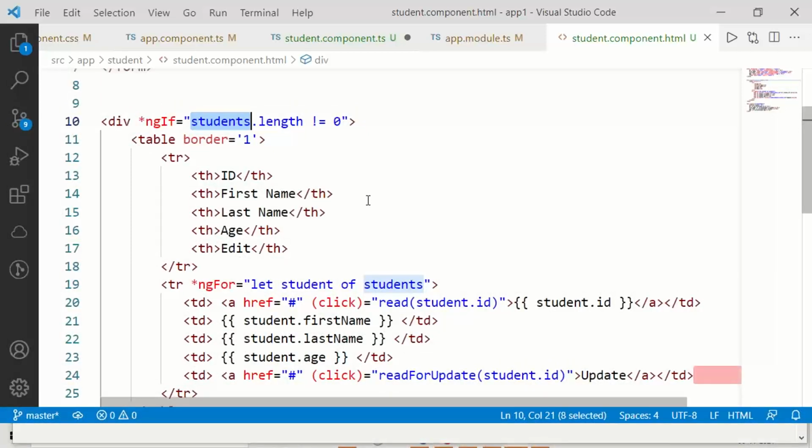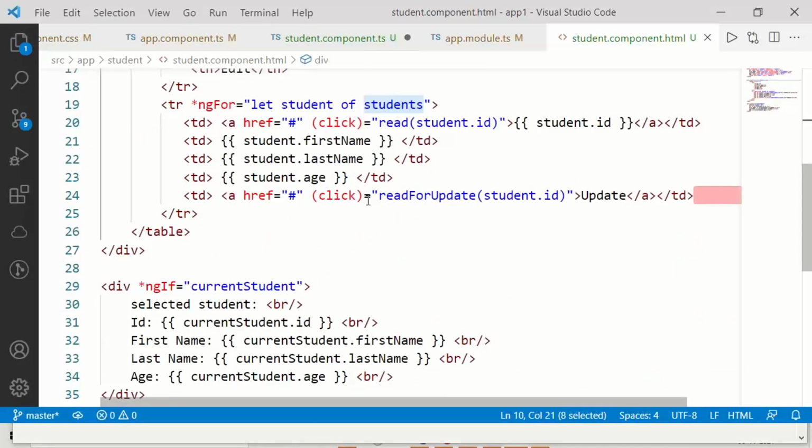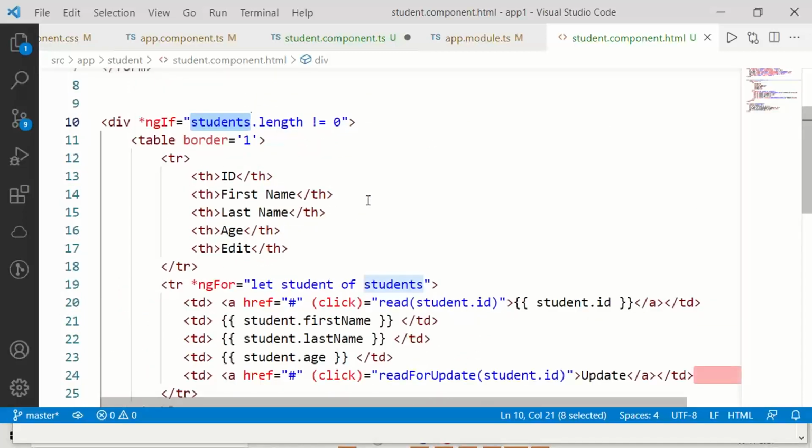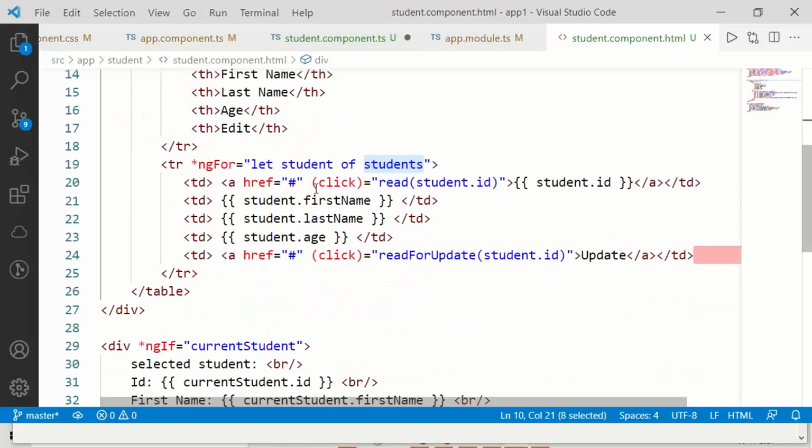What we are doing? We are iterating the students array, displaying in a table format. For every student, we are providing one hyperlink to read a particular student. We are also providing another hyperlink, update.